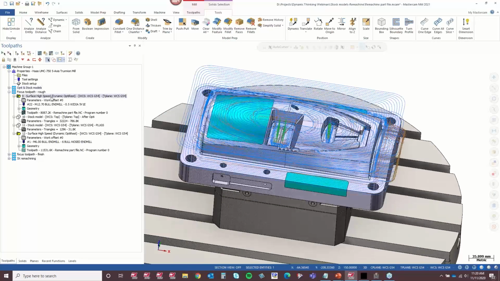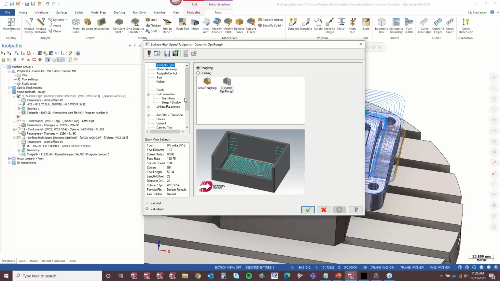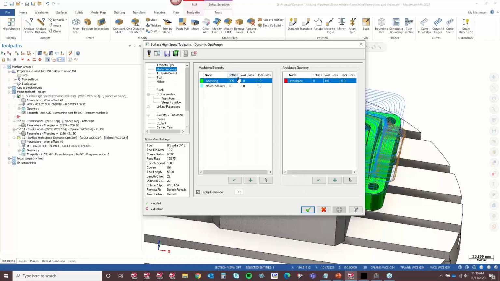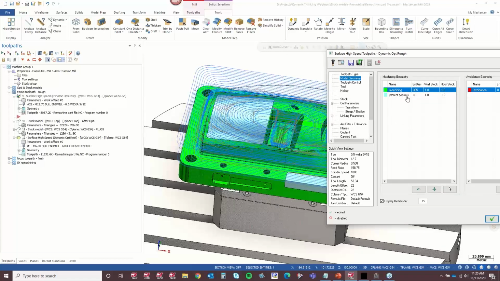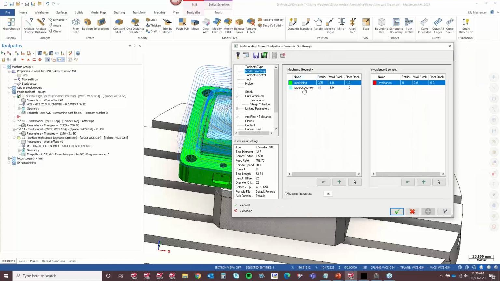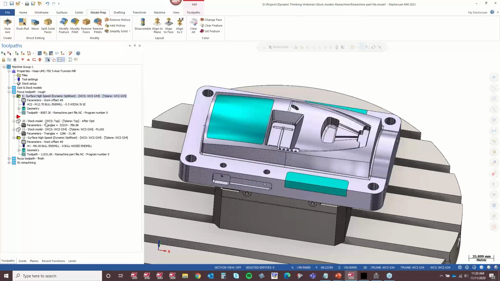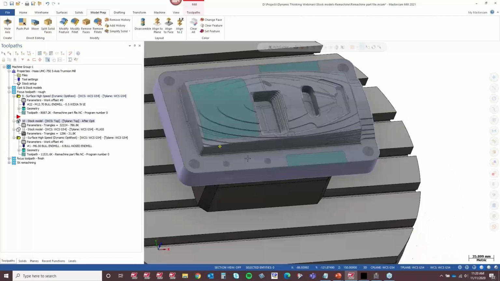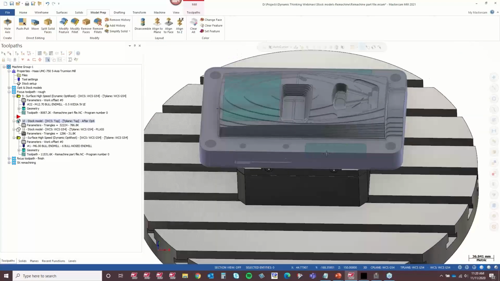I can go back into the toolpaths manager, and now I can drive my OptiRest roughing operation with model geometry. I can create a second category under machining geometry, and that is protect the pockets. That's what I called it. And I'm selecting those plugs, right? And I'm leaving the same amount of stock on there. So now that toolpath is no longer going into those pockets. If I turn that stock model on, see, it's not running down inside those pockets. It's completely protected from there.